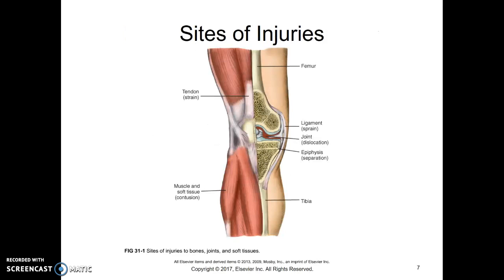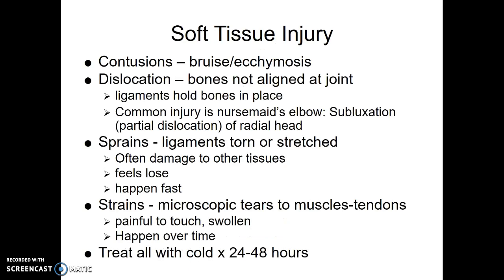Okay, so moving on to soft tissue injuries. So that means muscles, ligaments, tendons, those areas, soft tissues. So let's first define things. A contusion just means bruising, or our medical term is ecchymosis, right? This is small broken blood vessels in the soft tissue, usually in the muscle. And this is the black and blue spots. We've all banged something, right, and gotten a black and blue mark. So that's a contusion.